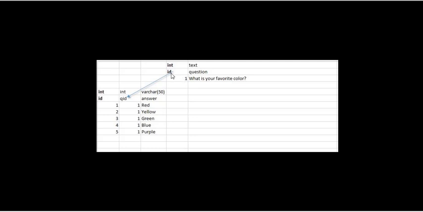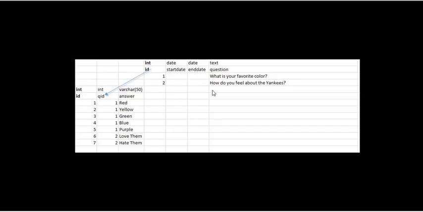So where the ID field in this table has the number 1, this right here, which has a number 1 for an ID, but they're not related. It's related to the QID, the question ID. All of these have a QID of 1, so we know they all go to question number 1. Now, if I had question number 2, how do you feel about the Yankees? There are generally only 2 possibilities. Either you love them or you hate them. So question number 2, QID 2, there are 2 possibilities. You notice this field still has ID and it's going auto increment, so 6 and 7 relate to question number